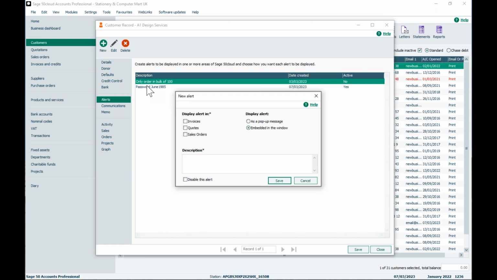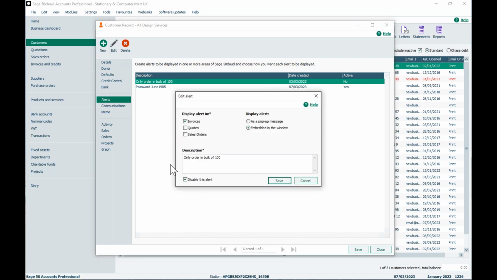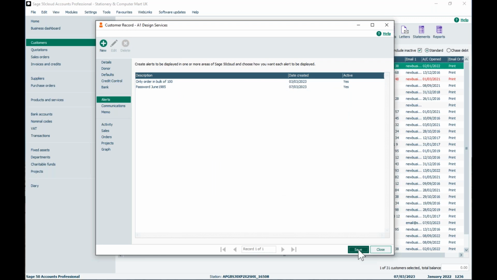Once you've created that, you would click save. I also want to make sure that this one is active. If you have made it inactive in the past and you want to reactivate it, all you would do is highlight it, edit it, untick disable this alert, and then click save. If I then save the record,